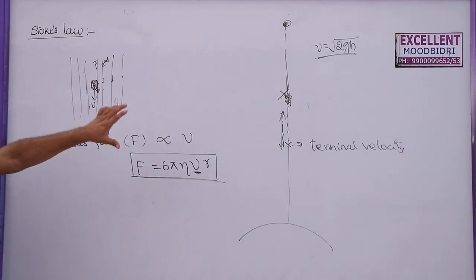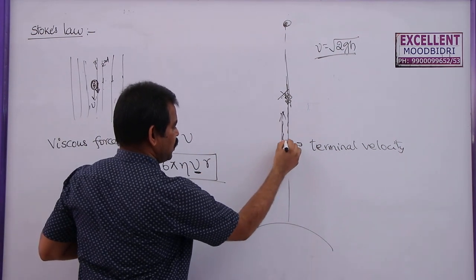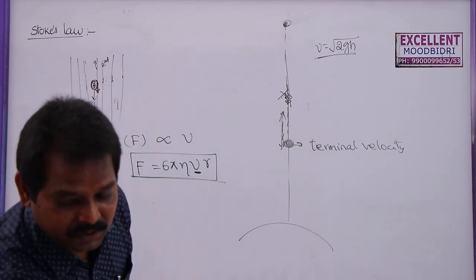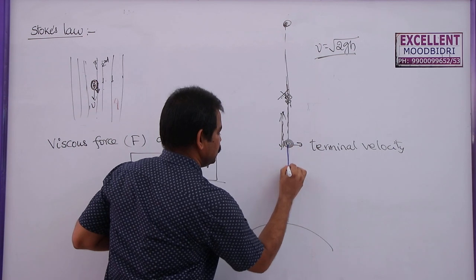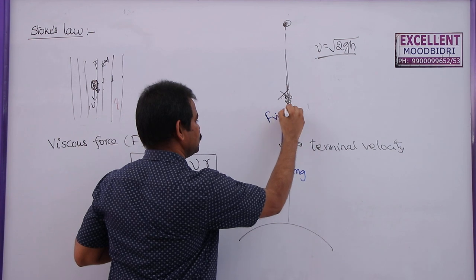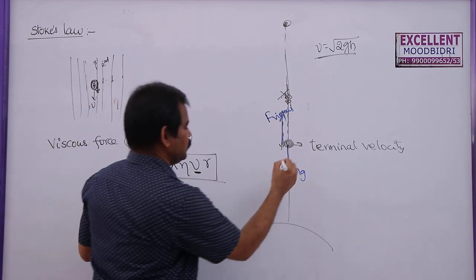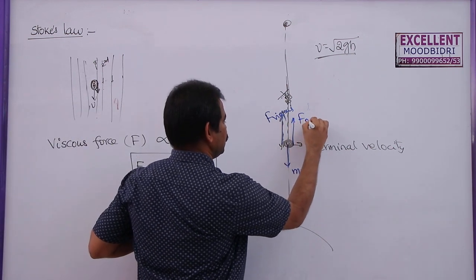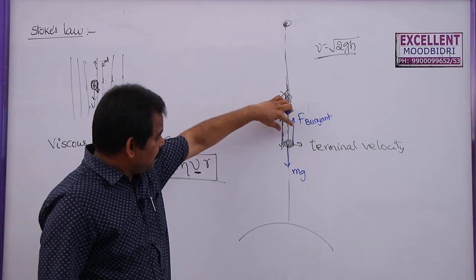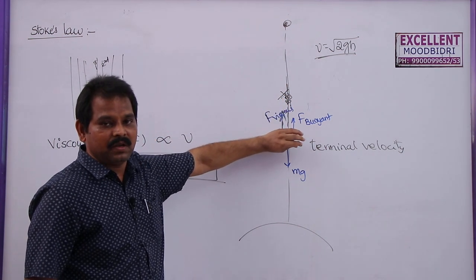Now, how do we find the terminal velocity of a raindrop in air? When it is falling, what are the forces acting on this raindrop? The first one is the weight of the raindrop, acting vertically downwards, which is mg. The viscous force F is acting upwards. Now, as it is falling through air, a buoyancy force will also act upwards, called the buoyant force. If the sum of these two forces is exactly equal to the weight of the body, then the net force experienced by the raindrop will become 0.